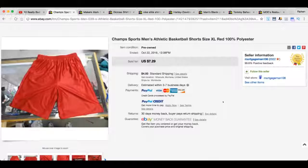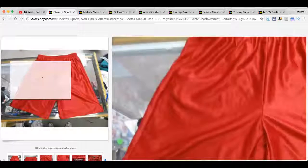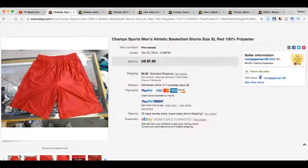All right. Speaking of distractions in the background, what in the world is going on with this pair of Champs basketball shorts? What the heck is this thing even sitting on? I don't know. Tell me this. How distracting is this? This is a very ugly picture right here. It's almost sitting on some collectible mirror box. I don't know what it is. I see his shoes in the background. I see the carpet. There's a pen on the ground. There's clothes on the right. It's ugly. It's not pretty, right? And this is a top rated seller right here. Sold for